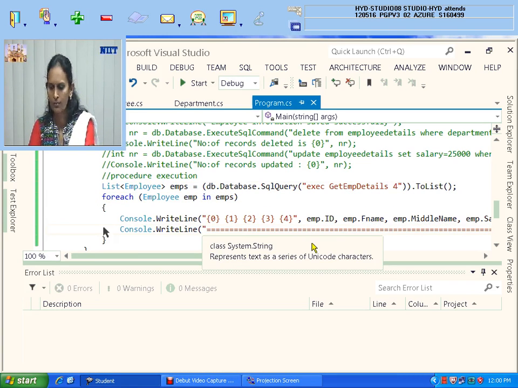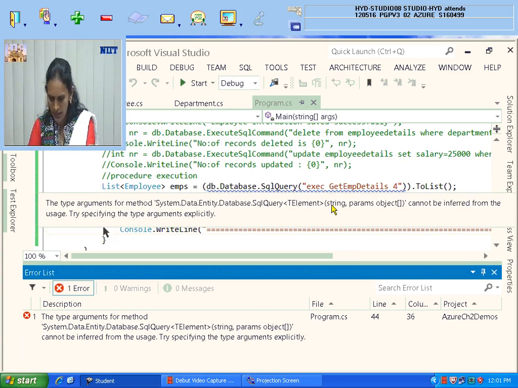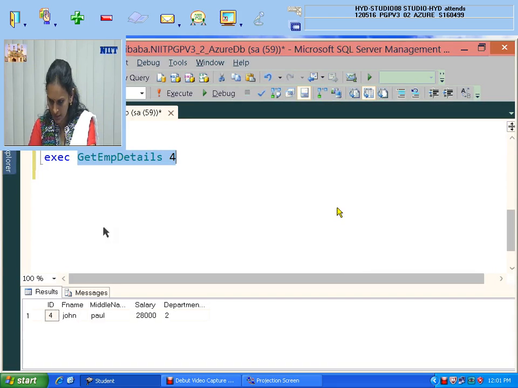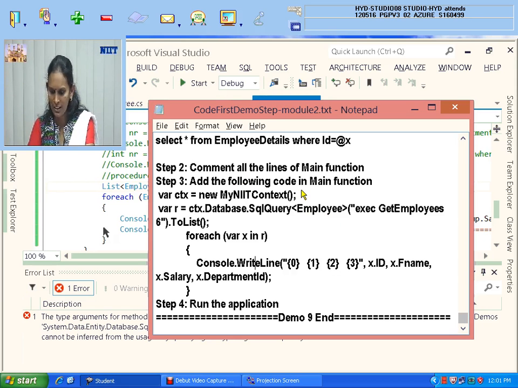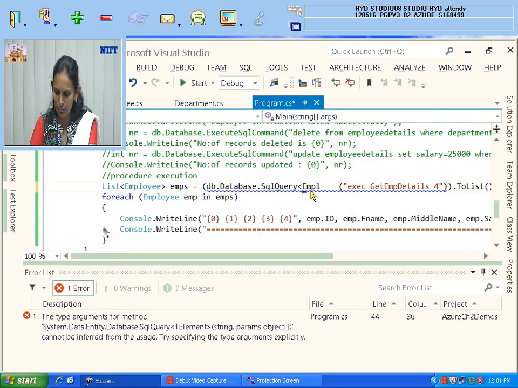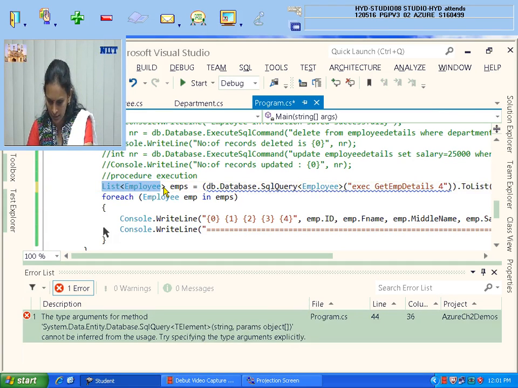Let me check. Still some error. What is that error? String parameters, the type of arguments for the method. There is some syntax error. What have I done, I did not understand. Acha. The mistake is, I need to tell that whatever I am getting is in the format of an Employee class object. So this is okay. This we can give as var now.